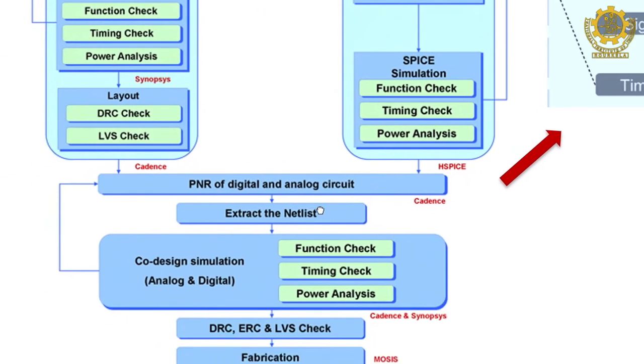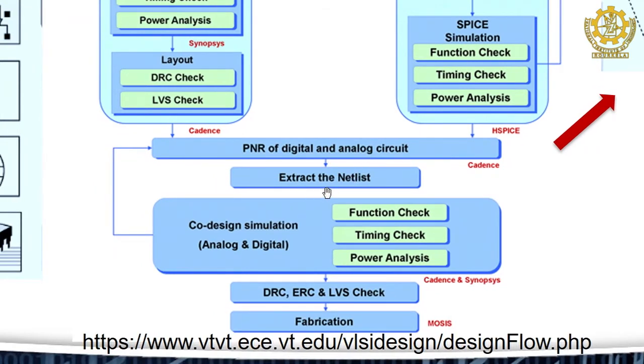Okay. Once all these things are over, we again have to extract the netlist, and here also you have to do a functional simulation. So, you can just imagine how many stages of simulations are required. As hardware is involved directly, whatever design you are expecting to deliver to the market, if it is not produced in time, you will lose the market. That is why, at each stage, manpower and money are also involved.